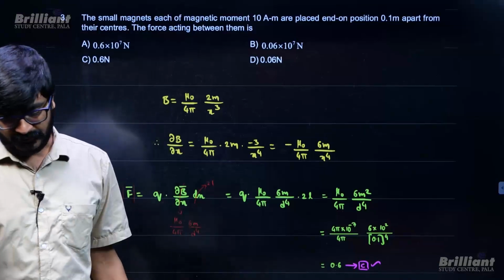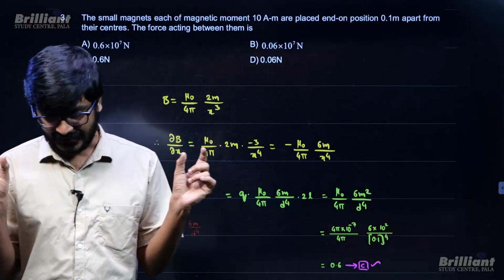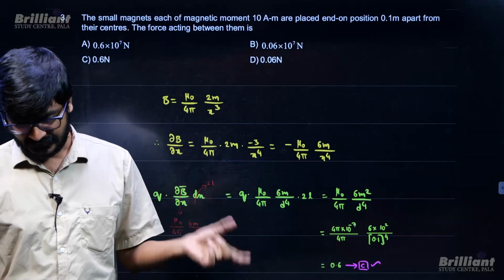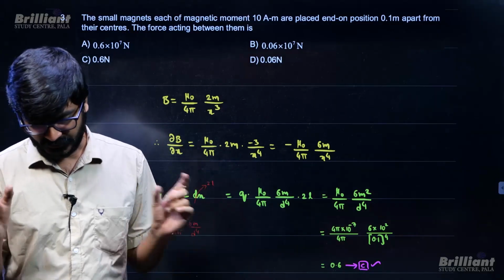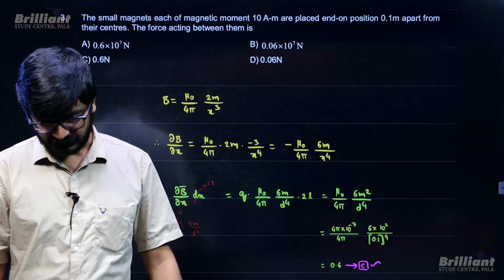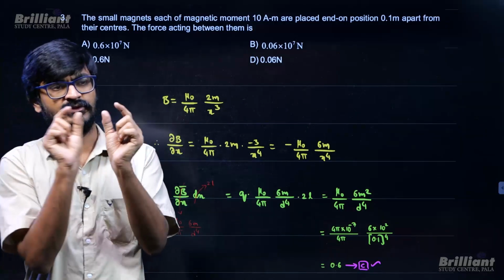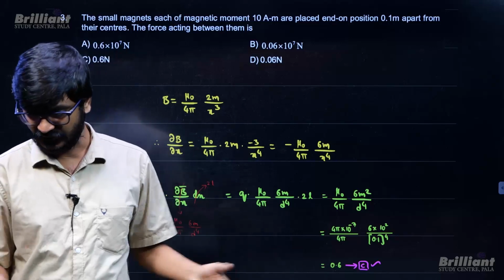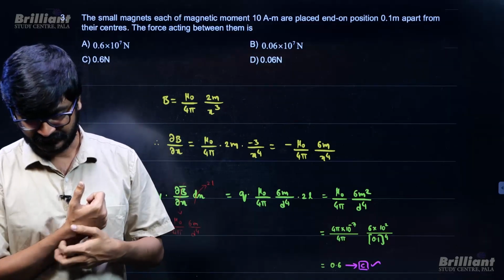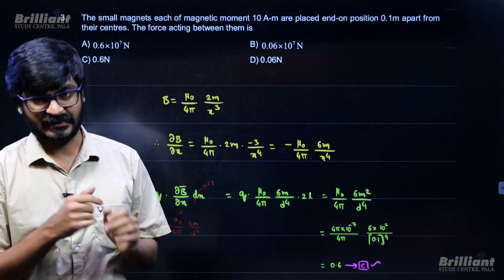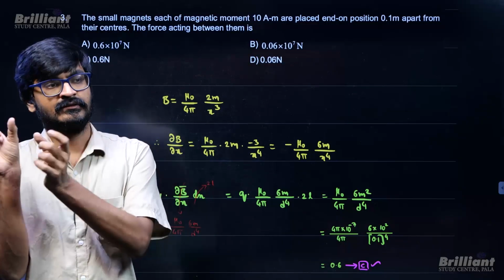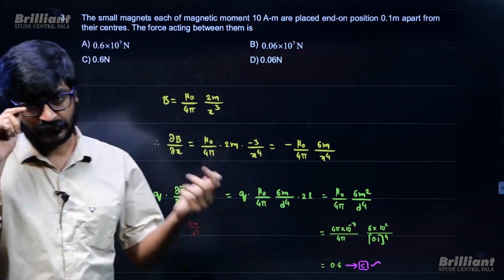Two small magnets, each of magnetic moment 10, are placed end on position, that is on the axis, 0.1 meter apart. So they are very small, so you can take the distances as little large, so you can go with the approximation. The force acting between them. So basically due to a dipole, the field on the axis will be changing, and this kind of question you must have seen in